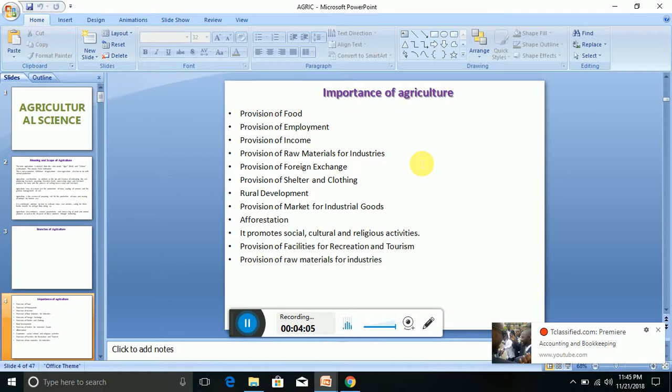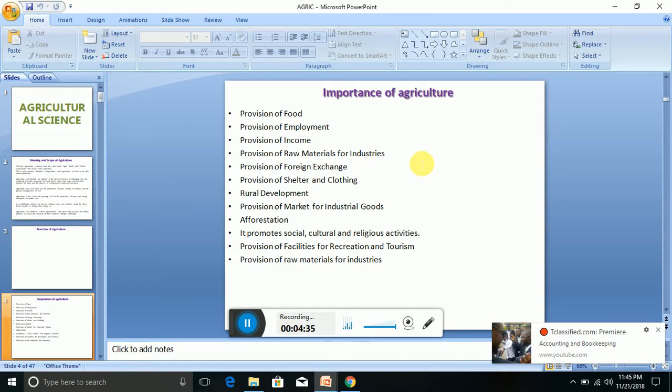Number one, provision of food. You get a lot of food from agriculture. When you're cultivating maize, during the time for harvest, you can harvest your maize, your corn. If you plant leaves, ugu leaves, you can use them for cooking. So you have a lot of food. Mango, all those things are agricultural products. You lick mango, very sweet mangoes, oranges, and all the rest. So food is very, very important.